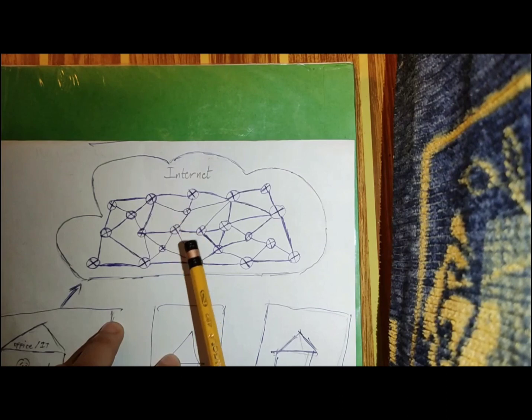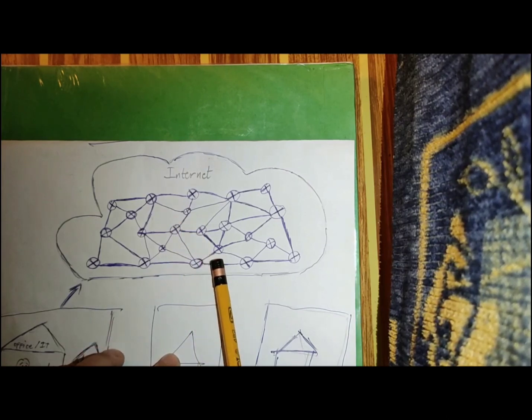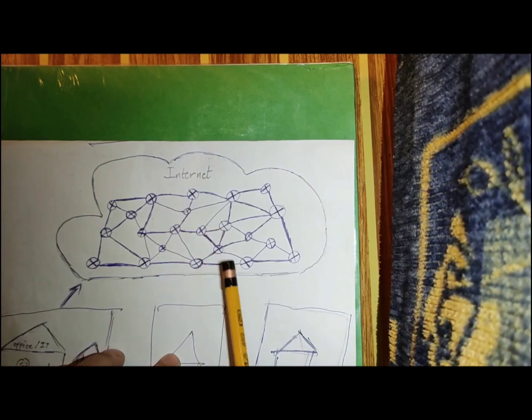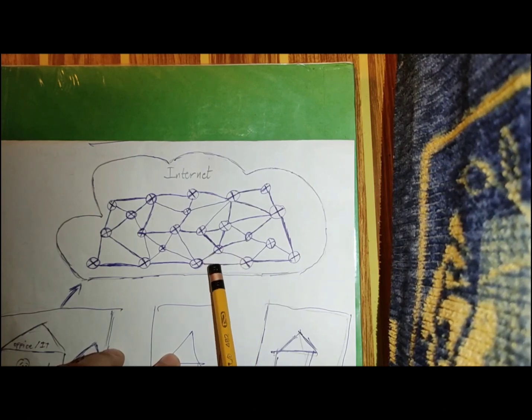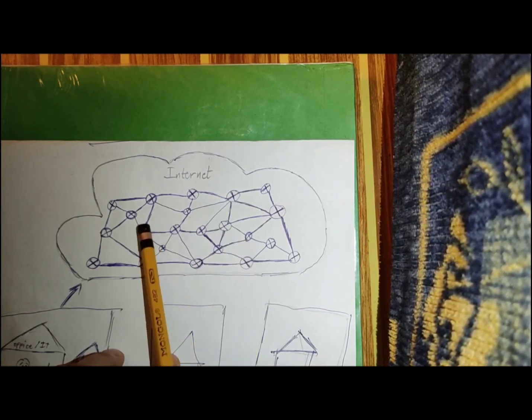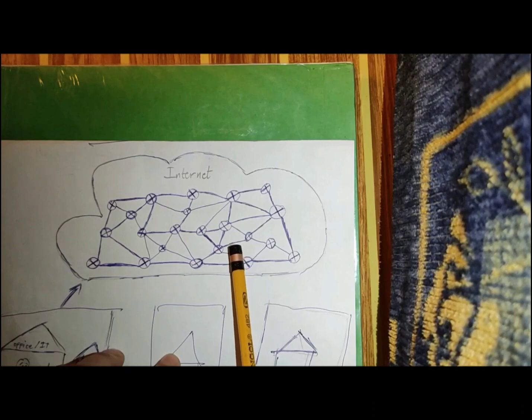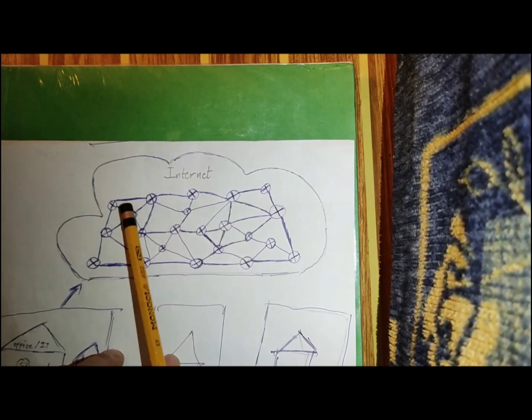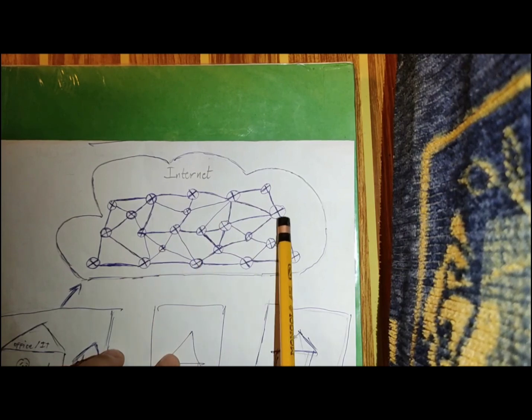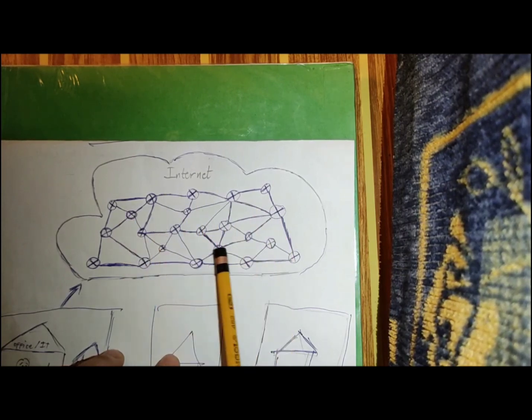Okay, so this is a simplified model design to make sure it's easy to understand. This structure in real life is much more complex than you see here. With the help of this, you will understand the logic of how the internet works. So this is the internet, an interconnected network.